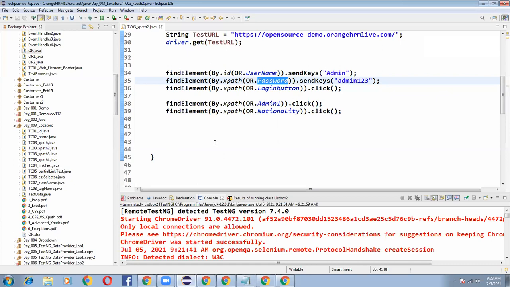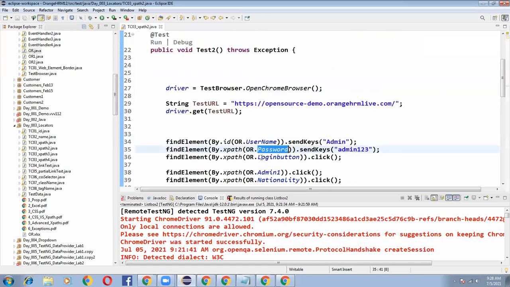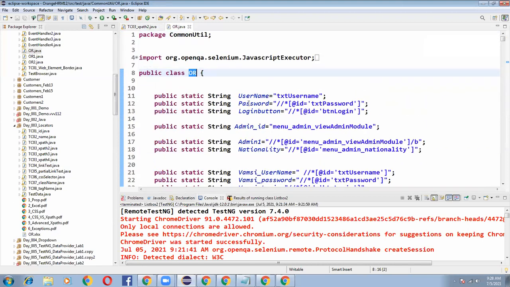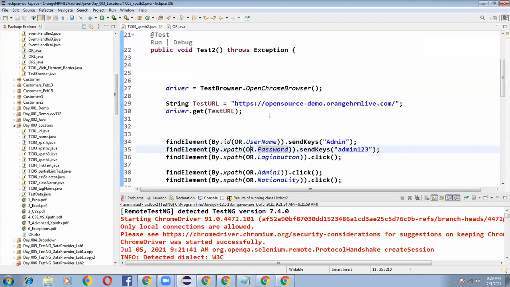I have created some OR.java class. Public class OR, and I'm writing all my XPaths for username, password, login button and anything else, so I'm able to call them. Like that I'm calling OR.username by ID, OR.username by XPath, OR.password.